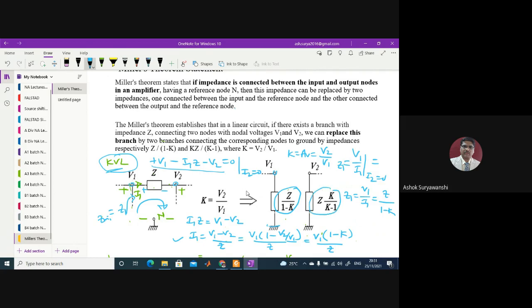If you understood this, then we'll try for the second one, that is Z2. This Z1 is also called ZMI, that is Miller's input impedance, right? The same process is used for the other elements. That means if you replace Z by R, that is resistance, then everywhere you replace Z by R, and in the end you'll get R upon 1 minus K, right? So it is simple. Now let us try for the second node. This is what we have tried for the first node. Now for the second node, what do we have to do? We have to set the I1 current to 0.